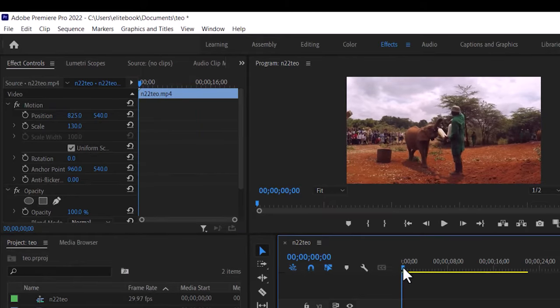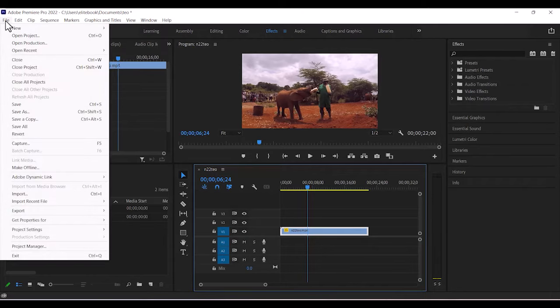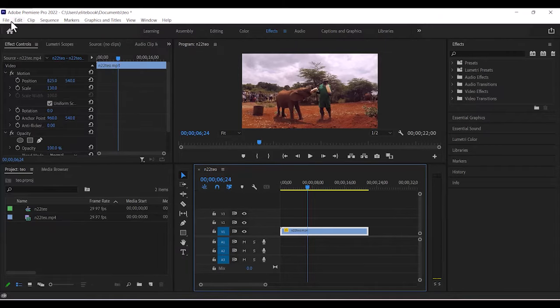And to do that, you can either press Ctrl and M, but make sure your timeline has this blue line around it whilst you are pressing Ctrl and M. And in the same time, the blue line has to be around it when you select File and Export. Else, when you don't select it, or if it is not selected, your export to media might not work. So in this case, I'm going to File